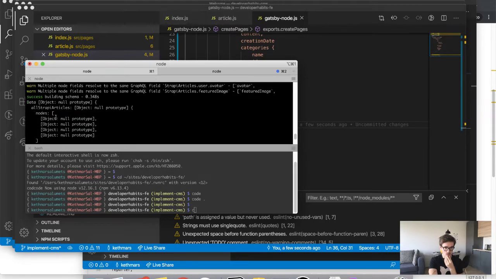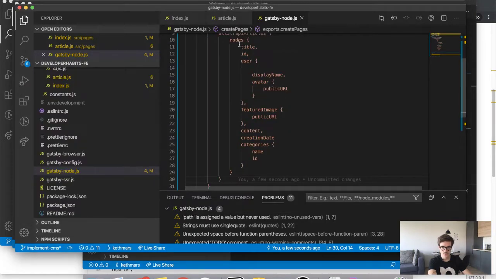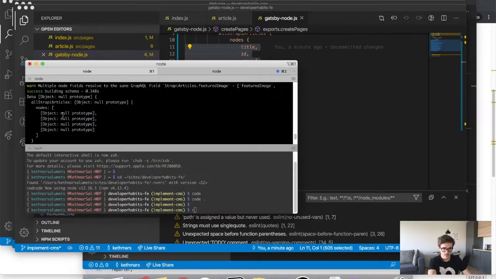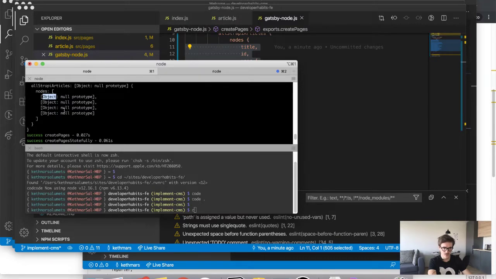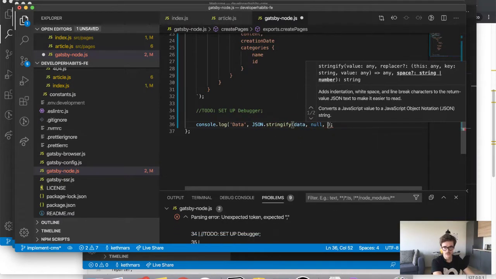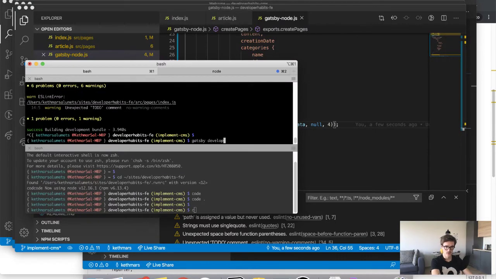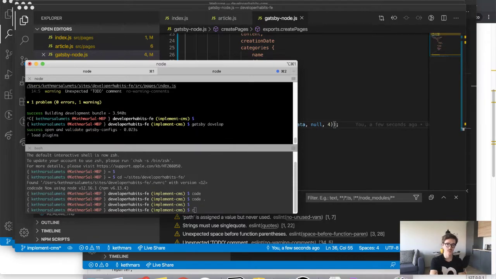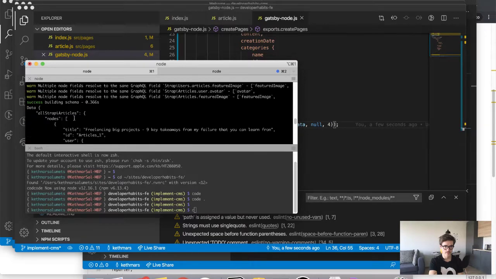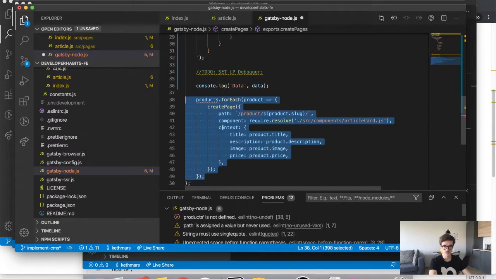Okay, object null, but it does get data, all Strapi articles. It does get the nodes. The object is null. Let's do it like that. JSON.stringify data null, and I think it was like that. So there's extra space. Let's run it again. Gatsby node. So it does get all the information that we need. That is good, because now what we can do is